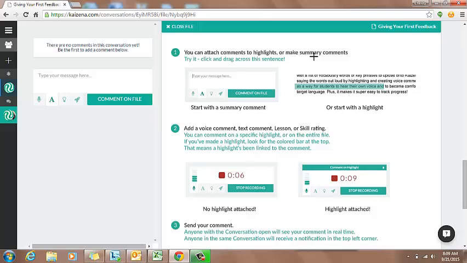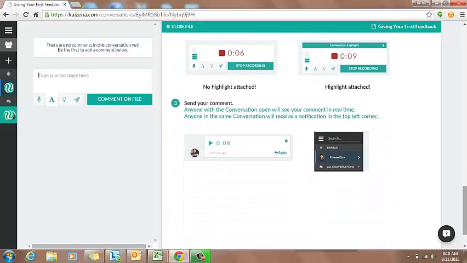To add a voice comment or a text comment, you can comment on a specific piece and highlight that component of their assignment, or you can just leave an overall feedback as a voice file. Anyone within the conversation can open and see your comment in real time, but those conversations are kept between you and your students unless you add anyone else in.